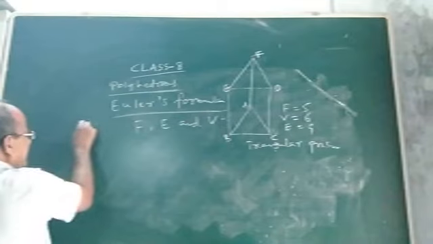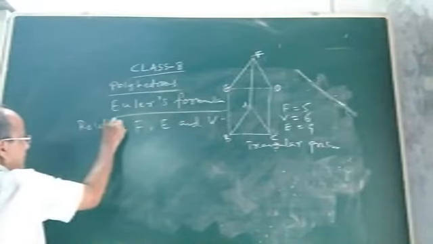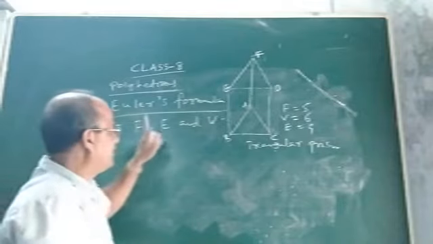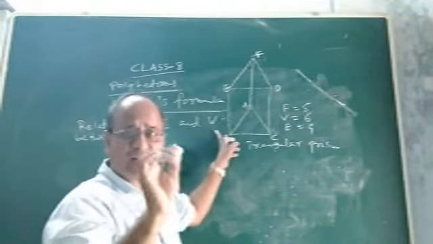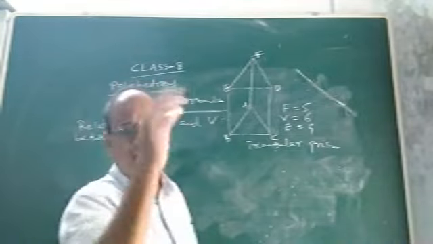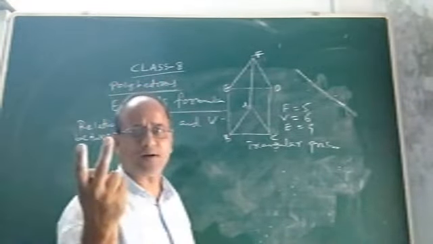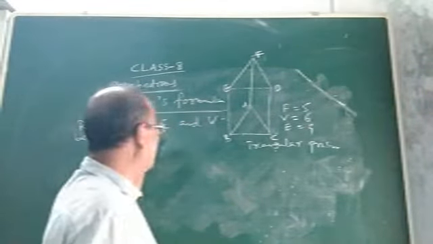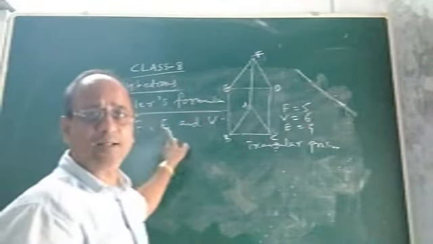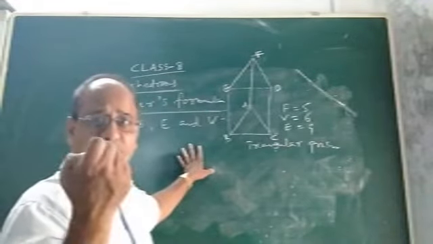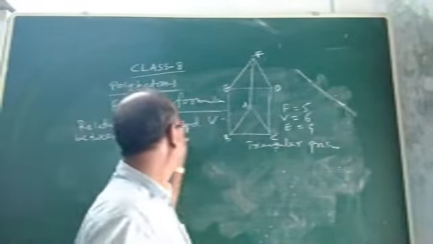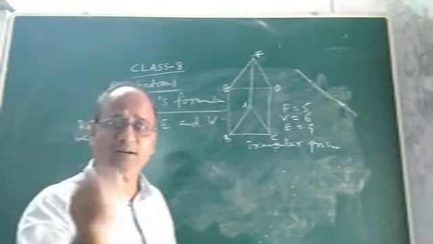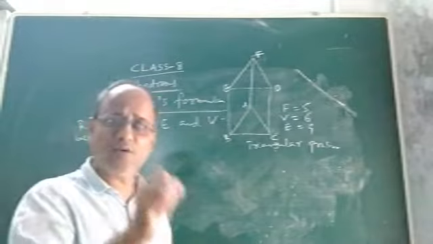The relation between the faces, edges, and vertices of any polyhedron, maybe a pyramid or a prism. I discussed 2 types of important polyhedron, namely prism and pyramid. So whether it is a pyramid or prism, what is the relation Euler said for a polyhedron? He derived a very important relation between the faces, edges and vertices of a polyhedron. And every polyhedron must satisfy that relation. Then only we say it is a polyhedron.